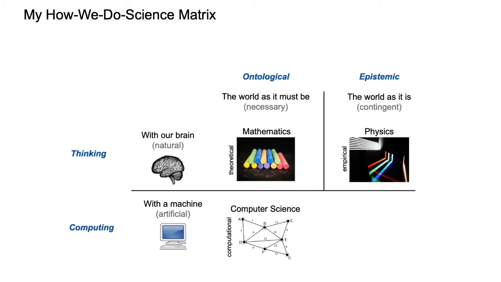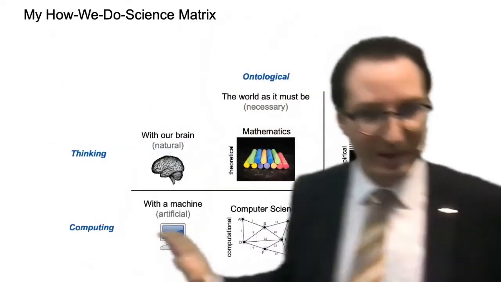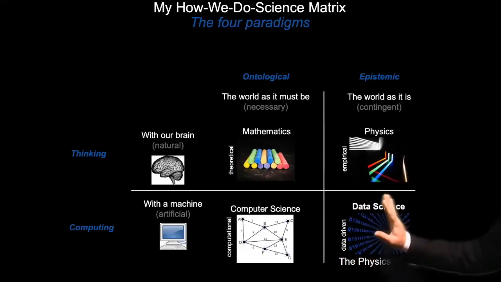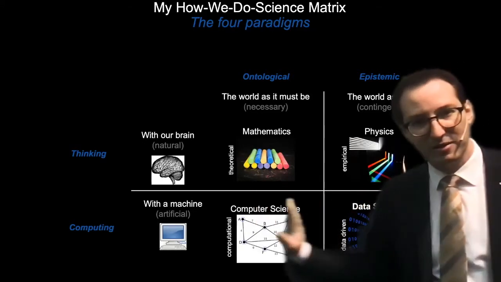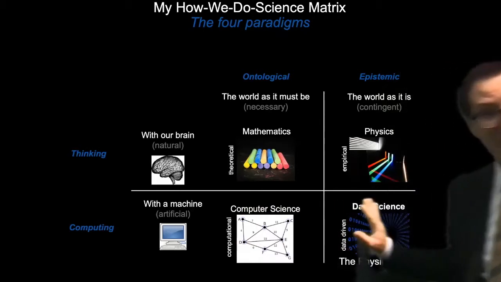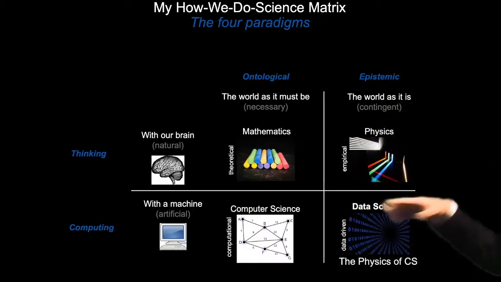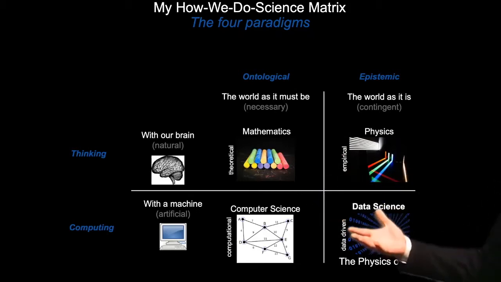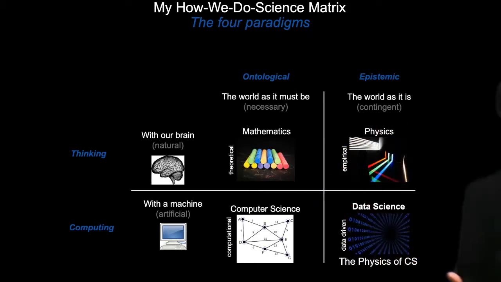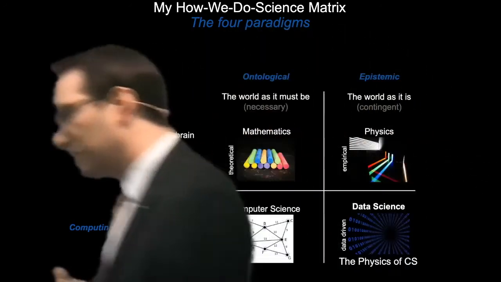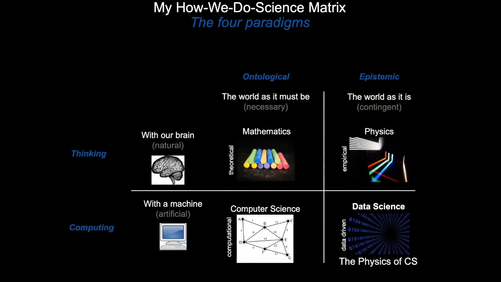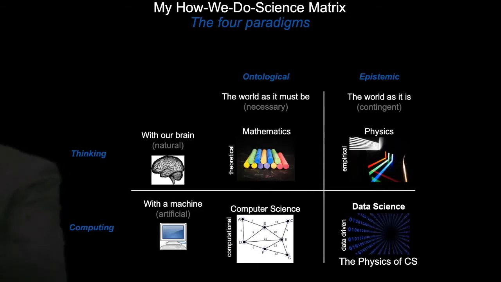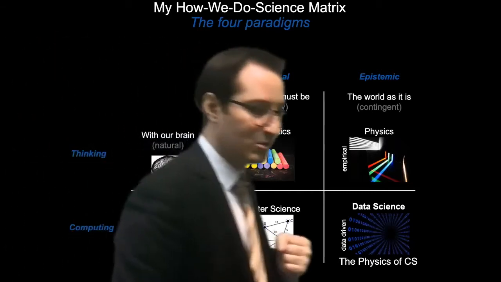So I put it in the same column as mathematics, but simply because that last missing part right there is actually data science. In a way, data science uses computers, so it's like computer science, but it's also like physics, because you might have heard of hypothesis testing, for example, in statistics. In data science too, you do hypotheses and then you test them on the data. So it's the same as physics, except that you have one more intermediate level with the world, is that you first collect the data and then you analyze the data.